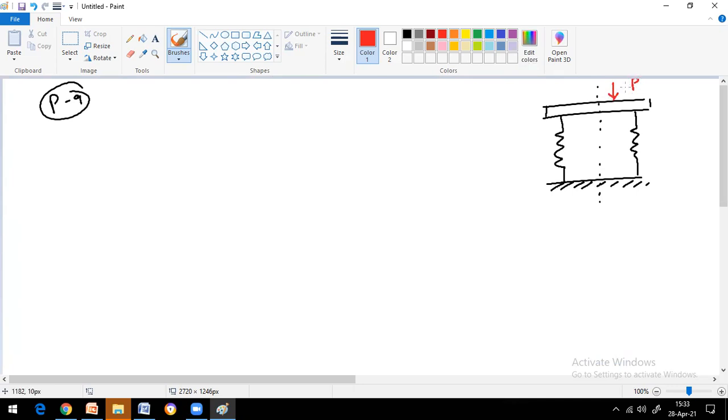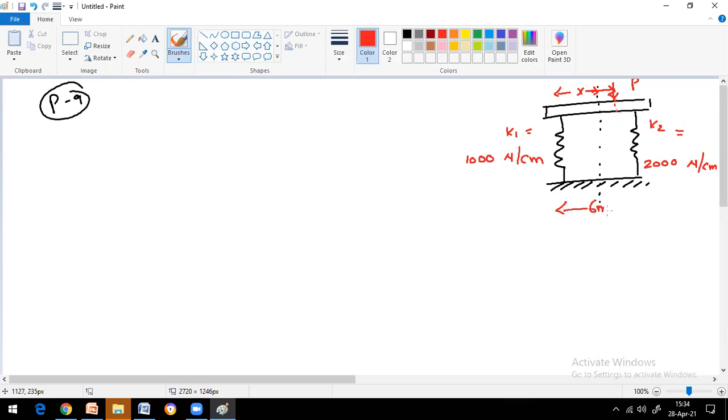You don't know the load, and the distance we have to calculate: which point of this load makes your spring arrangement horizontal. K1 is given as 1000 Newton per centimeter. K2 is given as 2000 Newton per centimeter. See, two springs are having different stiffnesses when the load is applied with some eccentricity here. So what is the distance to be maintained to make your total plane horizontal? That you need to calculate.